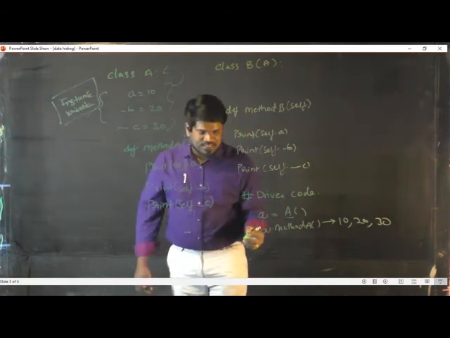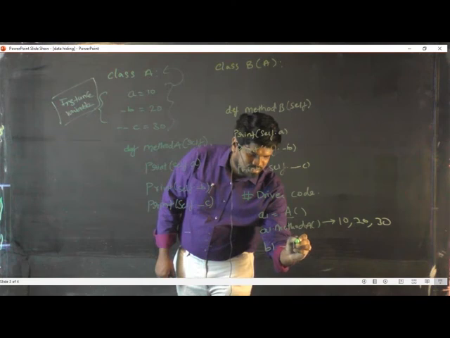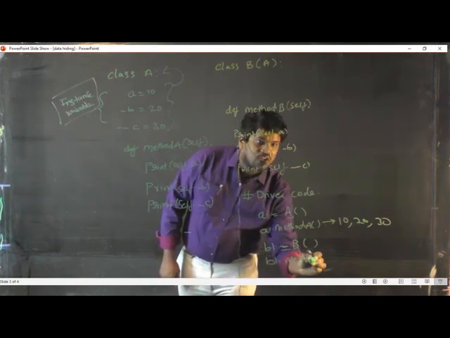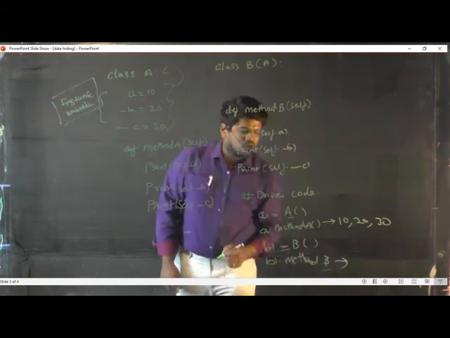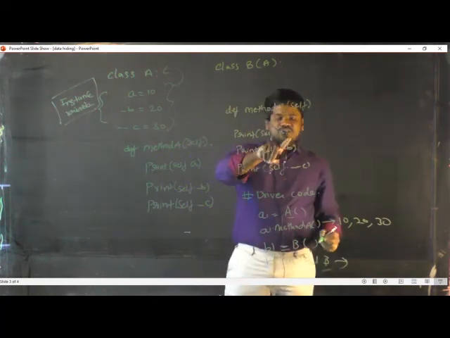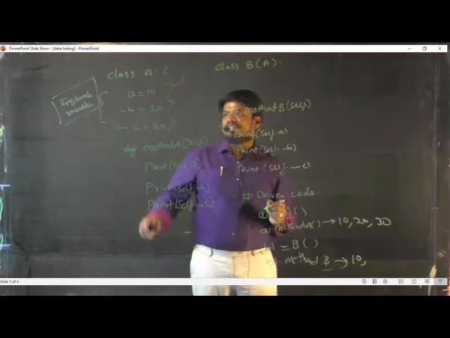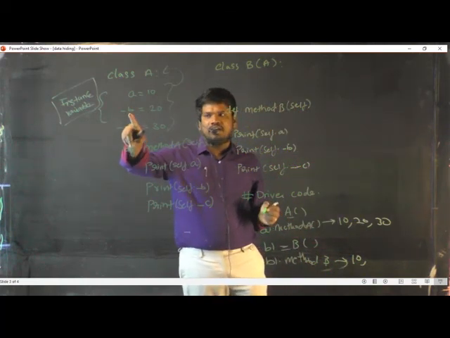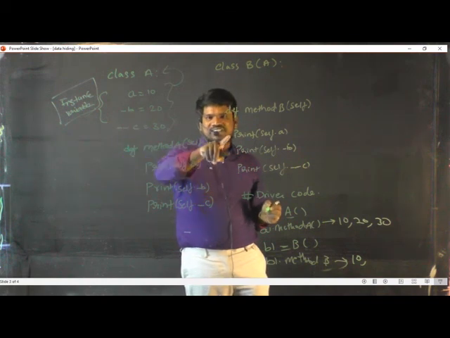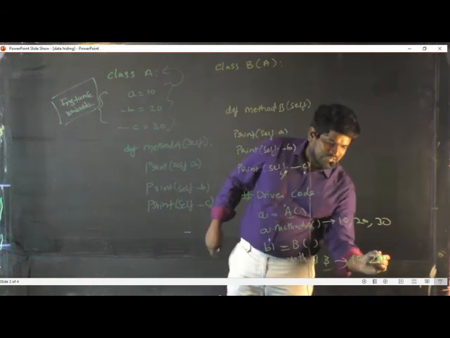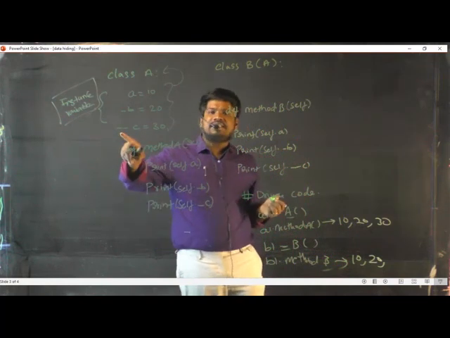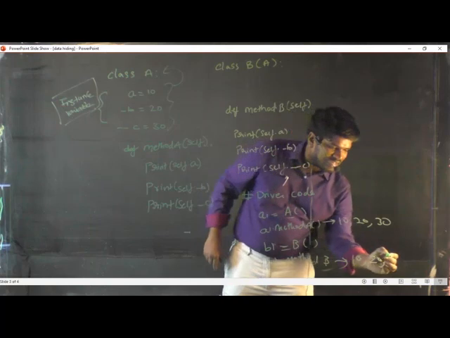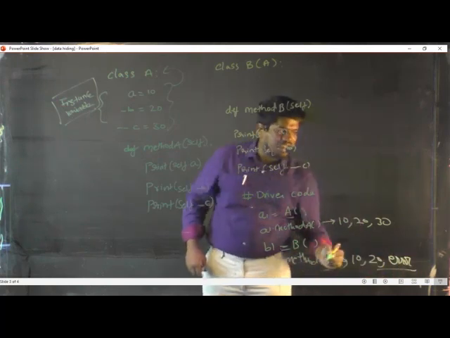Next I'll create the object of class B. B1 is equal to B, and next B1 dot method of B. So with B1 dot method of B, print of self dot A will give me 10 as an answer. And since the next one is a protected identifier, a protected variable can be accessed within the class. So next I will get the answer 20, and this one is in private mode. That is why this class cannot access C. Here the answer would be an error.